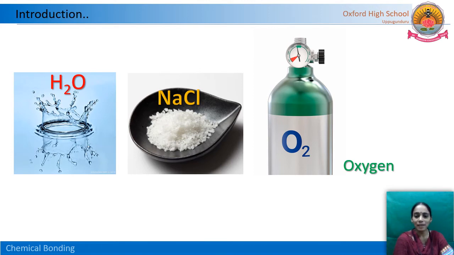In your previous class, that is in your ninth standard, you have studied that oxygen, nitrogen, and some kinds of atoms exist as diatomic molecules. Like oxygen, we usually write it as O2, and nitrogen as N2. Why do we have to write like that? If it is a diatomic molecule, that means two oxygen atoms are there in that molecule. How do these two oxygen atoms exist in a single molecule? Is there any force behind this? Is there any attraction between these atoms?